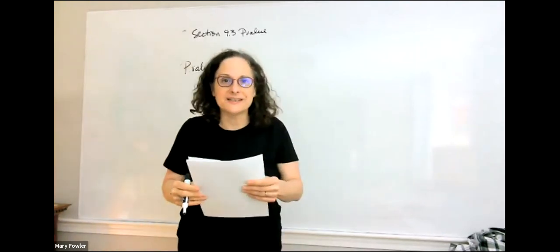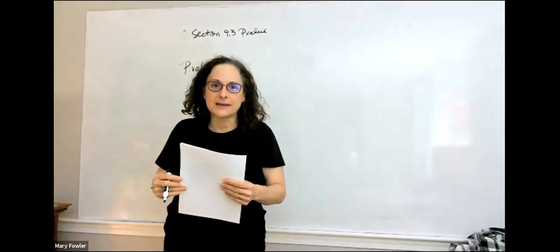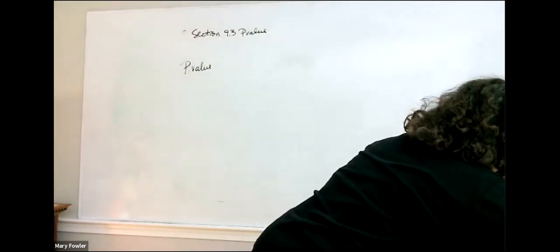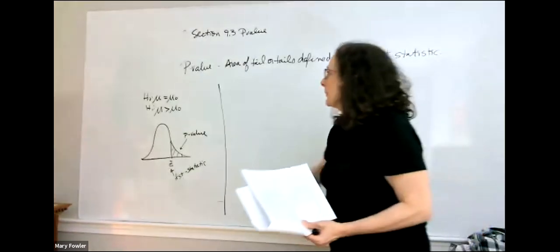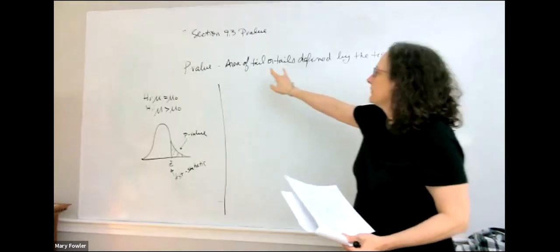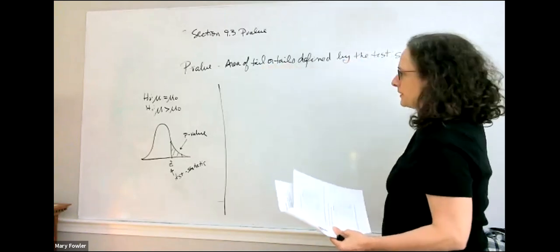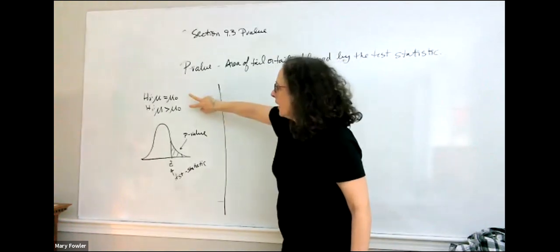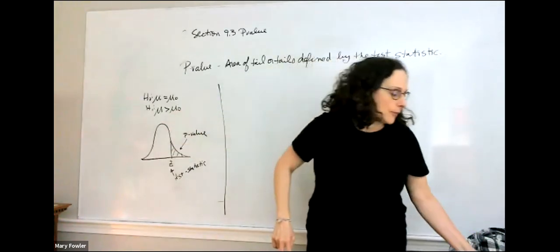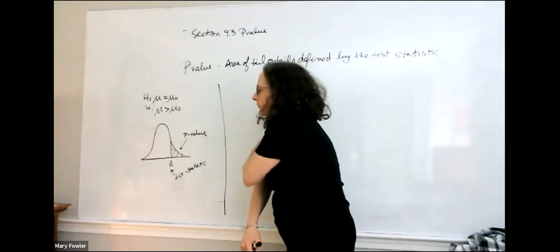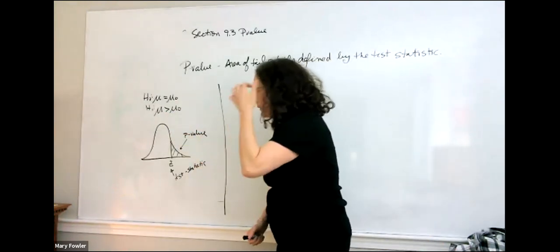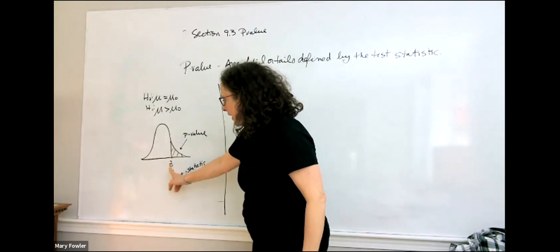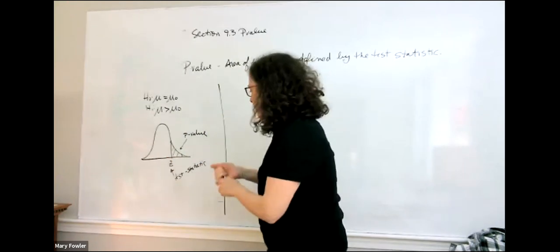is the area of the tail or tails defined by the test statistic. So a p-value is the area of the tail or tails defined by the test statistic. And over here, I have a picture of what that would be if we were working with a right tail, or an alternative hypothesis of greater than. Okay, so in that case, the p-value is going to be wherever that test statistic is,